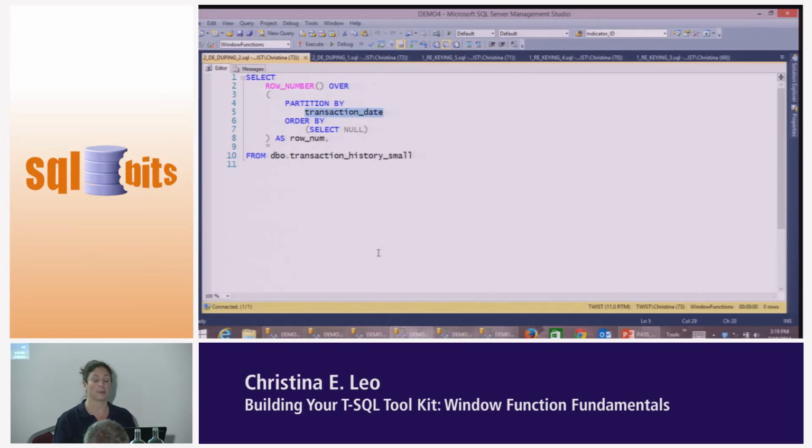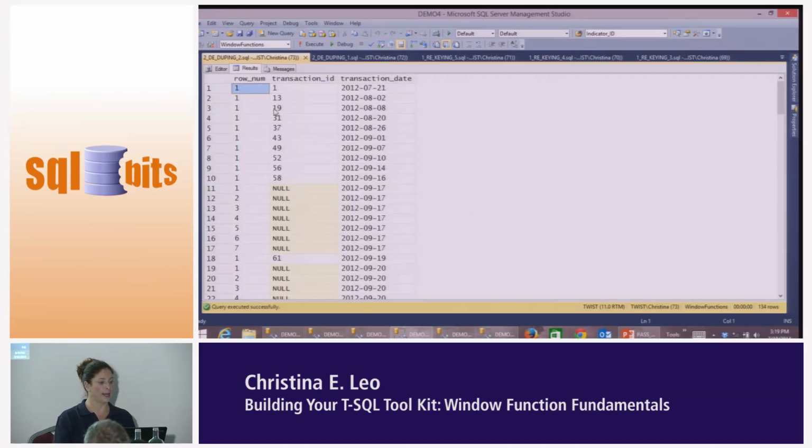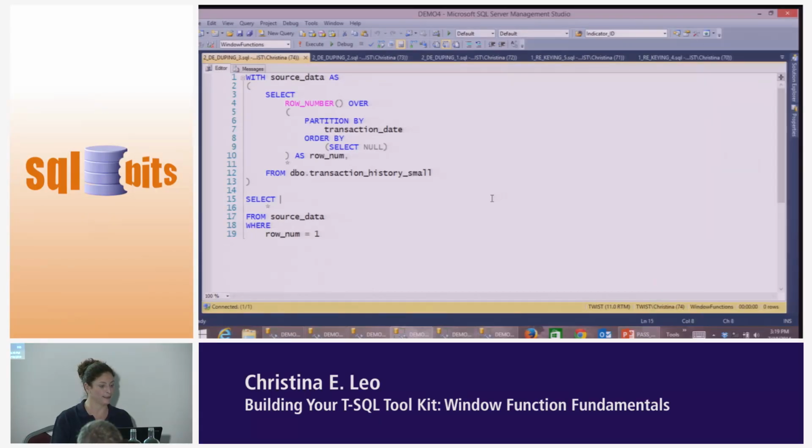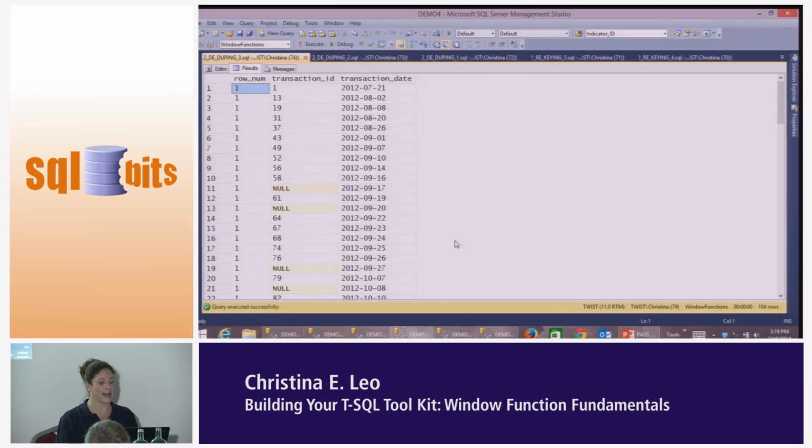So by telling it to partition by transaction date, what's going to happen with my row numbering? When will it restart? With each new date, yes. So now all of these guys have 1 because they're on separate dates, but then I've got 9/17, I've got 7 that are for that date. That's useful to me for deduplicating because if I select where row number equals 1, in this case I used a CTE instead of a derived table just to illustrate that it works this way too. Now I get my distinct values that I want,